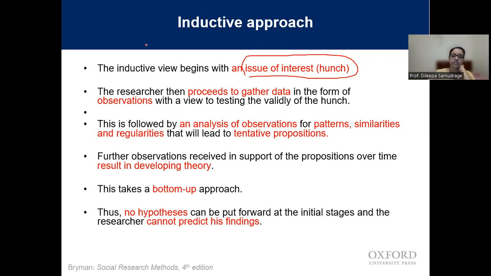Right? Then, based on the research interest, the researcher proceeds to gather data in the form of observations with a view to testing the validity of the hunch. So based on your research interest, you try to gather data, right? You don't follow a methodological way of collecting data. You just collect data, maybe interviewing a few people, maybe observing a particular research site, right? Maybe referring to some articles, some explanations given by interviewees, maybe